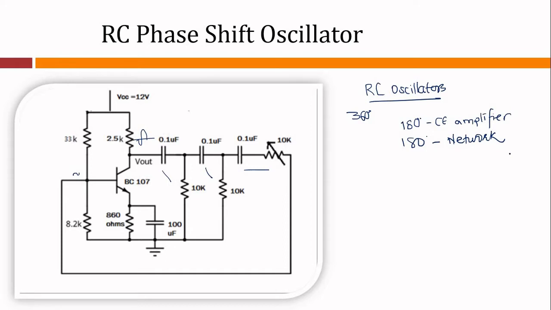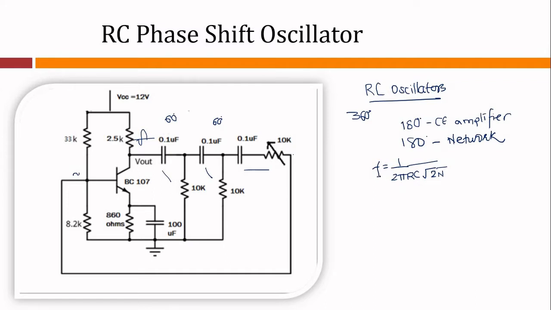And secondly, the frequency in this case, that we are going to discuss a little later, but let me write here, frequency f is 1 upon 2 pi RC root of 2N. N is the number of RC sections. So here we are using 3 RC sections. So each of these sections is supposed to give a phase shift of 60 degrees. Again, when the signal reaches here, it will be shifted by another 60 degrees, and by the time it reaches here, it will be shifted by another 60 degrees. So in all, this entire network will shift the signal by 180 degrees.